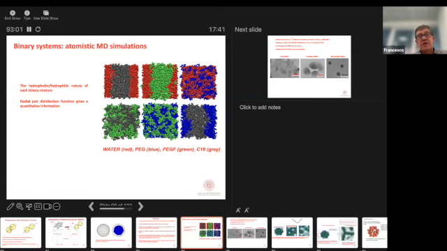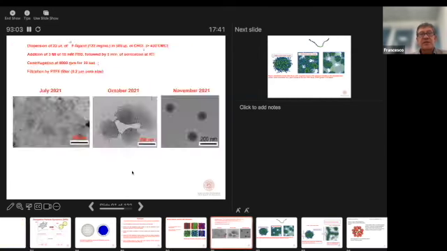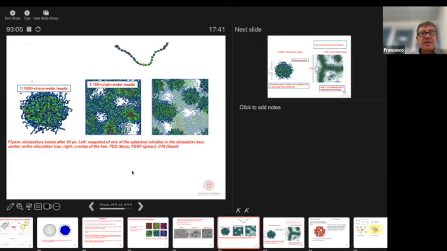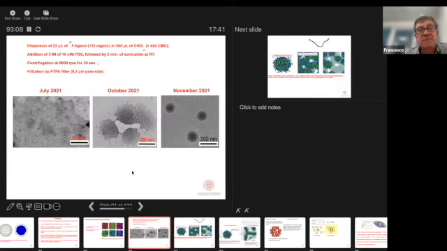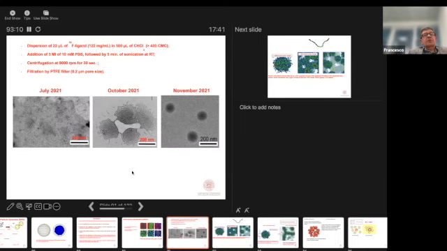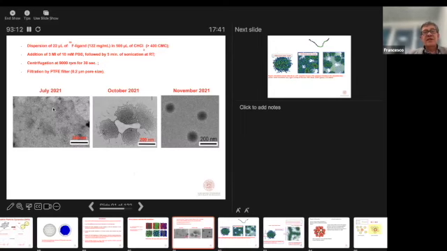I had prepared something on how and why one can parameterize this thing, but this was a big problem given to us by some experimentalists. Depending on the month of the year they did the experiment, they got different results with the same system. So they came to me and said, why do we get different results? I said, if you want me to include in a simulation the month of the year, I will not be able to do it, but I can change ever so slightly the parameters.